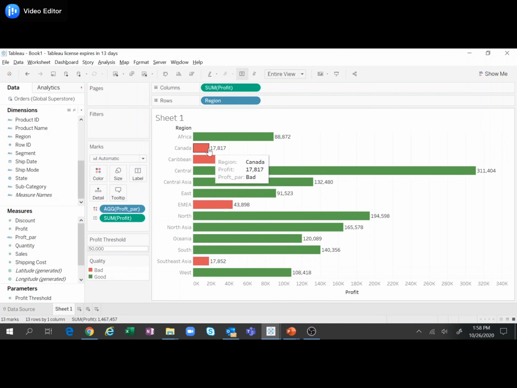As you can see, all the regions which have profits less than 50,000 are colored red, and the other regions are colored green. So this is again a big advantage of creating parameters. They are variable independent. You can apply them across all the variables.